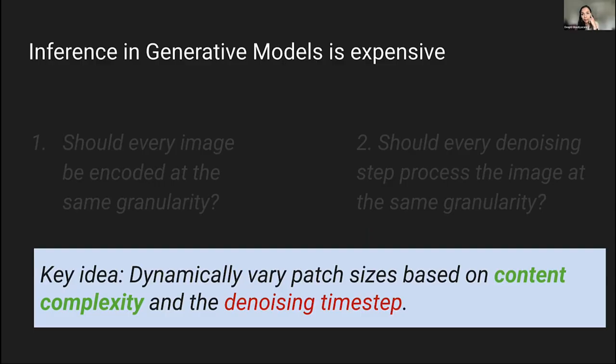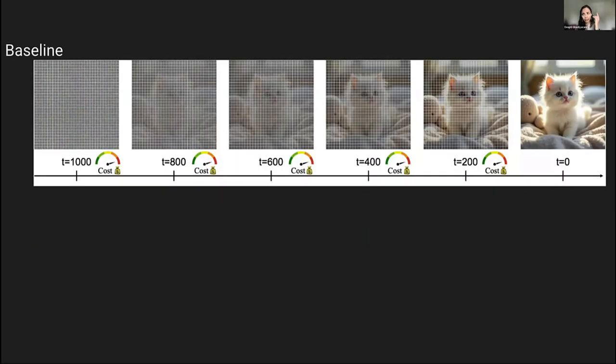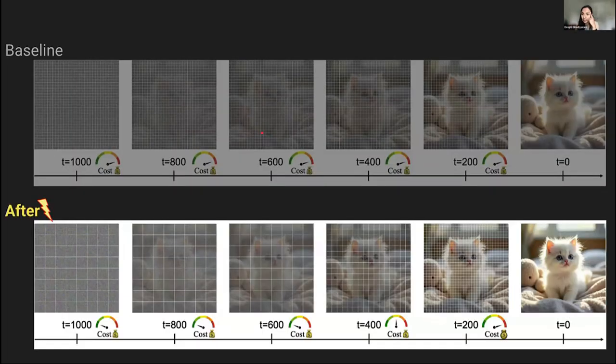So this is the core idea behind our work. As talked about before, this is our baseline, where every time step processes the image at the same level of granularity. And what we're shooting for is this, our dream. This is what we want to achieve, where there will be certain time steps, presumably the earlier time steps, that process the image at coarser granularity. There will be the time steps which are closer to zero, where we process it at finer